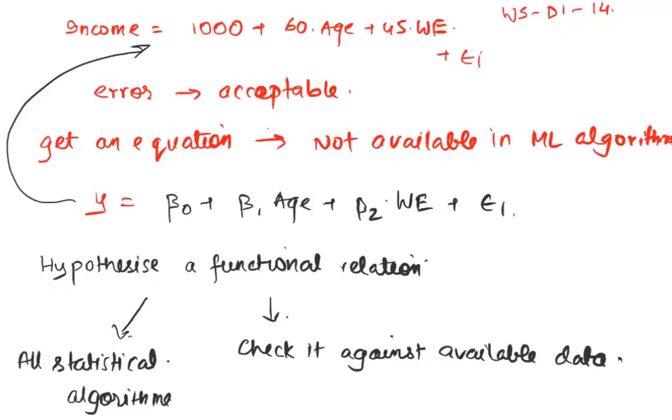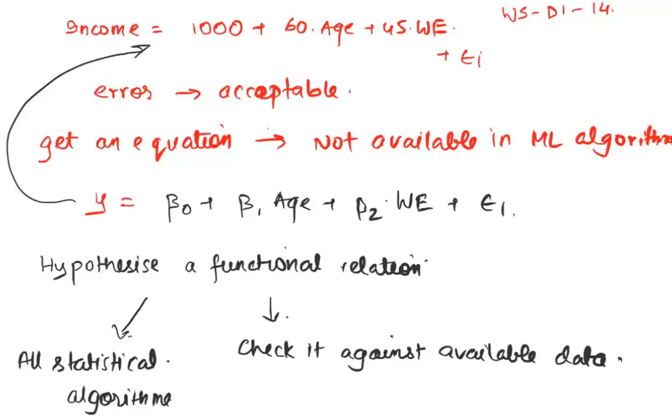Just that a statistical model is working with a defined formula and then seeing what can be the best parameters in those formulas. Like it has decided that I'm going to fit, let's say, a line. And then it is saying that my parameters for the line are my beta naughts, the coefficients and the intercept, that will allow you to change the slope and everything. Now find out such a line that gives me the minimum sum of squares of error. That's what you're doing there, right? Yeah, in a statistical model, correct. And in a machine learning model?